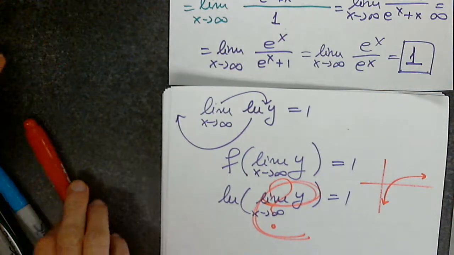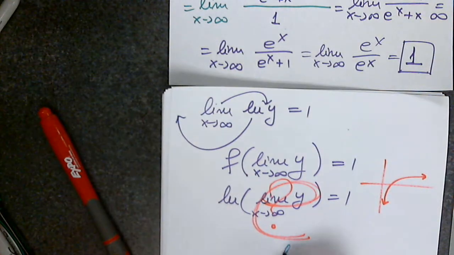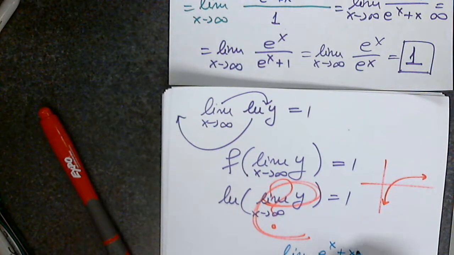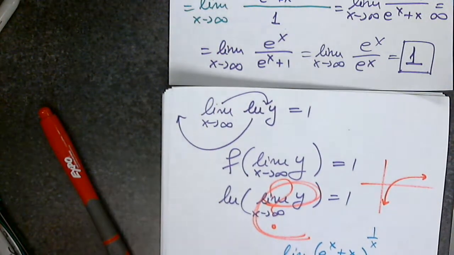Agreed? So then the conclusion is clear that the limit as x approaches infinity of e to the x plus x, raised to 1 over x, is